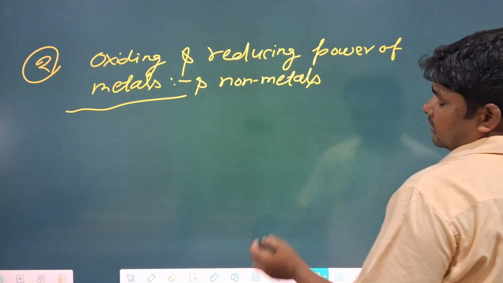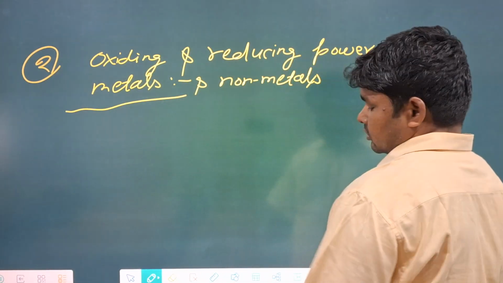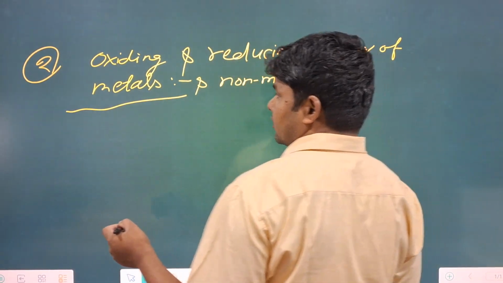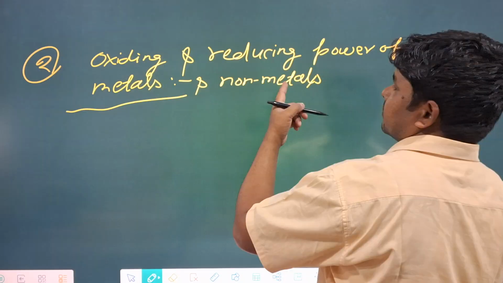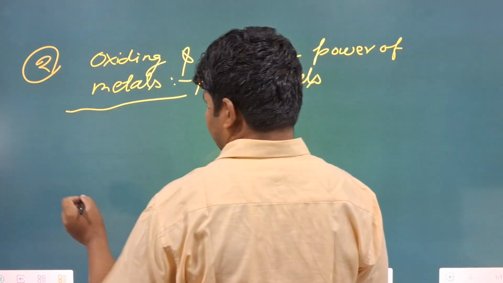In non-metals and metals, oxidizing power and reducing power can be explained with the help of